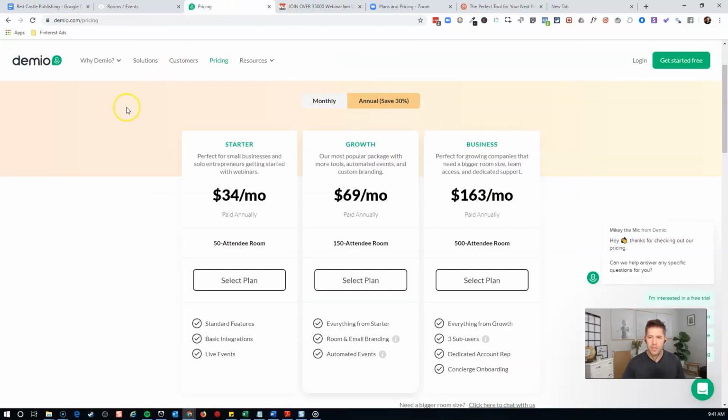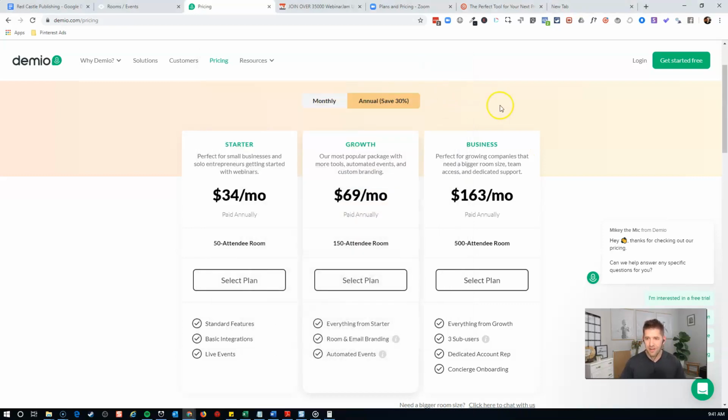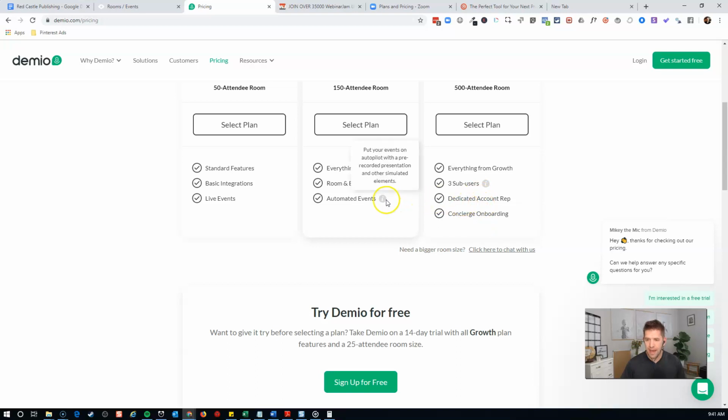If we go to Demio, which I really like, it's a nice clean interface as well. They don't have the exact same setup, so the pricing is a little bit different. 500 person room here, $163 per month, which, let's just do a little bit of math there, 163 times 12, we're looking at almost $2,000 per year with that one, and that's on their annual savings plan. So you're going to get hit with that bill right up front. What's nice about this is they do have automated events and 3 sub-users. But as we will see, if we go to